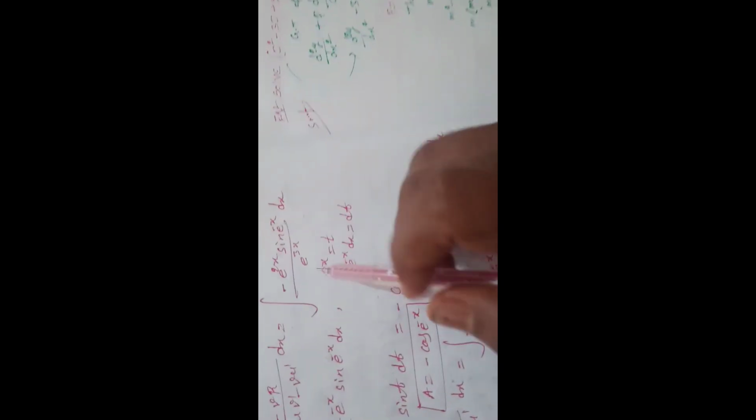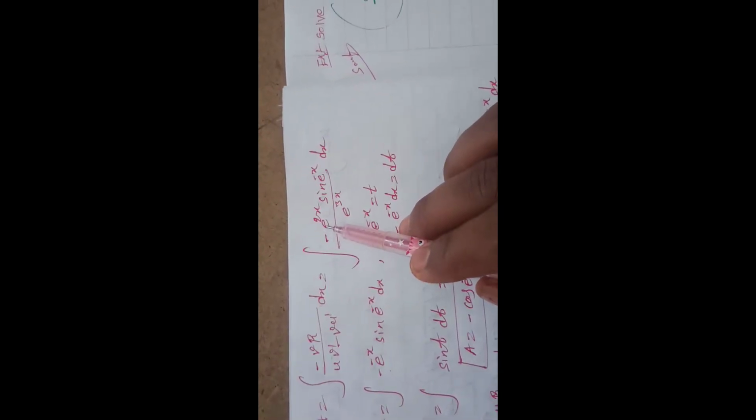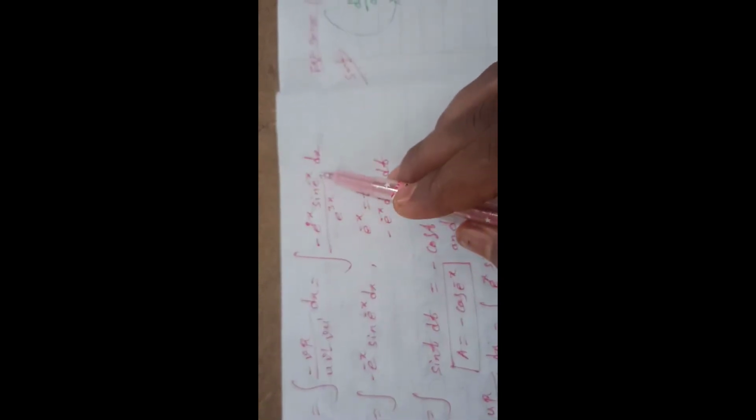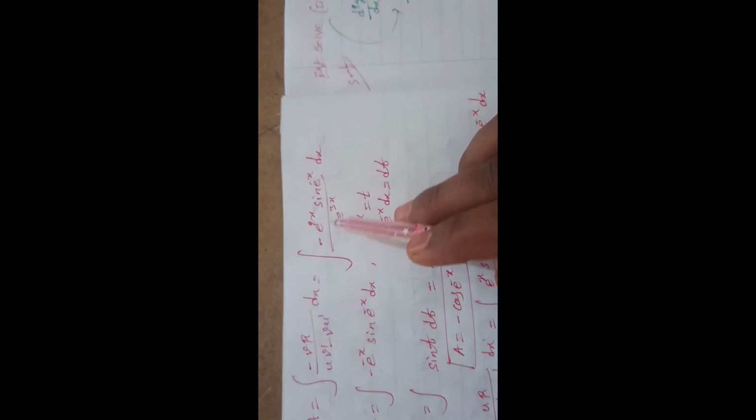So simply I am substituting this value. So v means e to the power of 2x. So r means sin e to the power of minus x, by this value we find out e to the power of 3x, dx. So by simplifying these two, we will get e to the power of minus x.